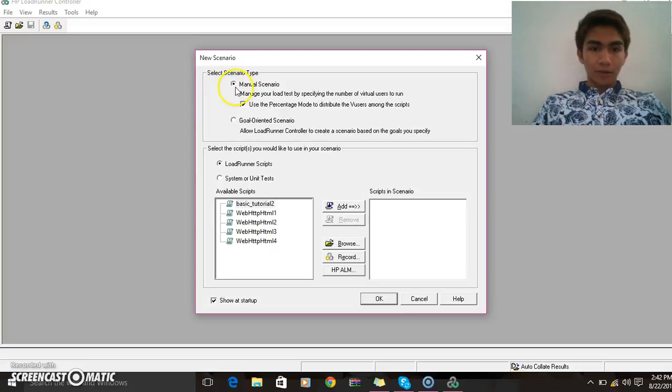Click the manual scenario. Then choose the basic tutorial. Click Open. The LoadRunner Controller opens and displays the Design tab of your scenario.